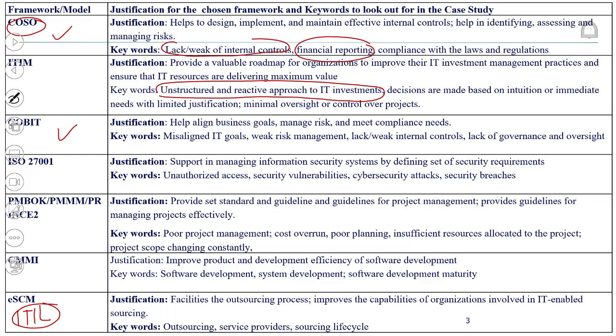If you see things like, for example, budget constraints, that can be cured by the ITIM, because one of the things that ITIM does is what we call financial feasibility. If you want to bring in an IT system, first we make sure that it is aligned with the business and that it's going to support the business. Then the second thing, can we afford it? Do we have funds for it? So ITIM would address things like budget constraints. You won't have budget constraints because ITIM has something other than financial feasibility. It has something called